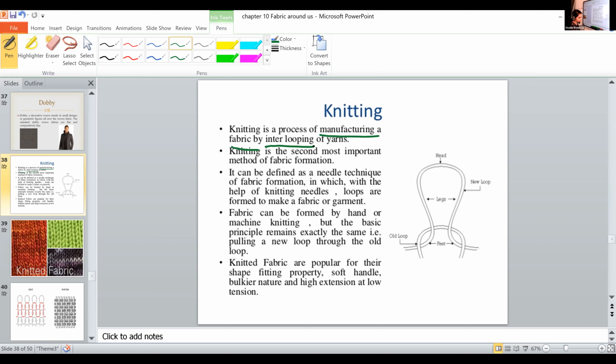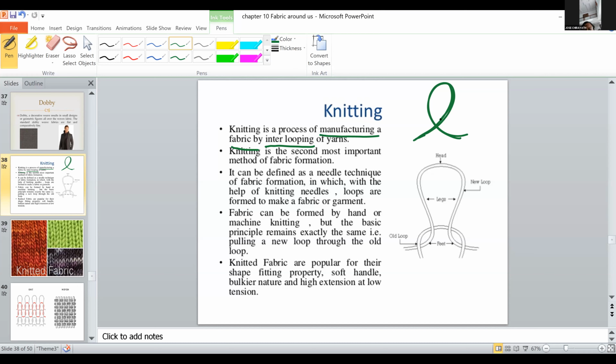What do you mean by a loop? This is a loop. So in knitting, these loops are created and they are interdependent on each other. Okay, that is the knitting process. In weaving, the interlacing is there. Knitting means we manufacture the fabrics with the help of yarns by interlooping. Interlooping means we create loops, and each loop depends on the others. That is called knitting. I will show the video so it will be more clear. So first just understand.